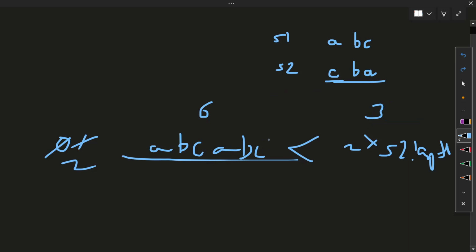So we have to add till this condition is true: the length of this current is less than the length of s2 multiplied by 2. So we have to now stop. We just get out of our while loop and return -1. So that's how this approach will work.